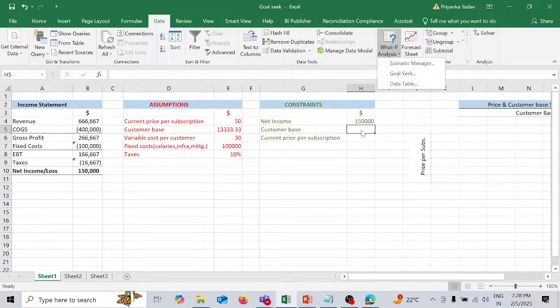Customer base, let's suppose the maximum customer base we can have initially. If you remember, when I started doing this, I was having 10,000 as customer base, and my profit was 90,000. We are forecasting profit of 1,50,000. So we wanted to see how much the customer base should be increased. To have the profit of 1,50,000, we have to increase our customer base to 13,333. So these are just figures, but practically if this is not possible,